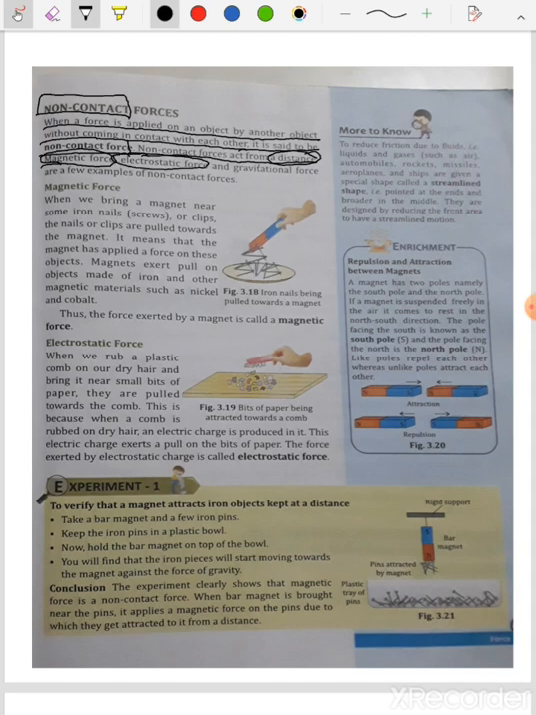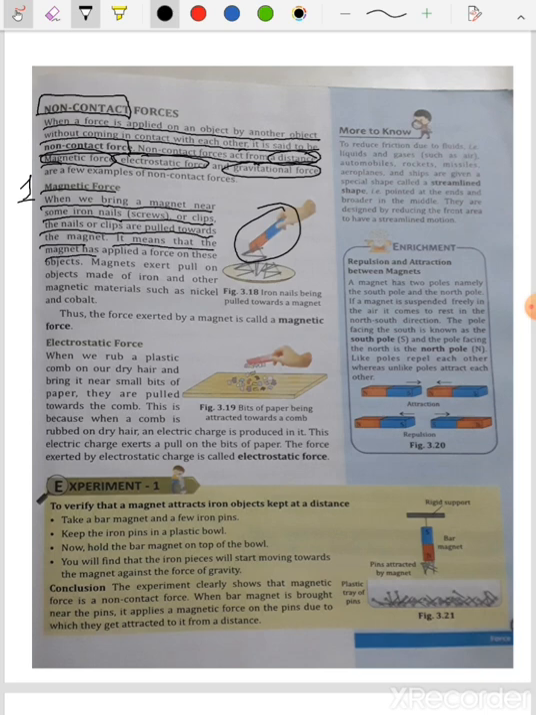force, and gravitational force. Okay, number 1 is magnetic force. You have seen magnets, chumbak in Nepali, isn't it? So when we bring a magnet near some iron nails or screws or clips, the nails or clips are pulled towards the magnet. It means that the magnet has applied a force on